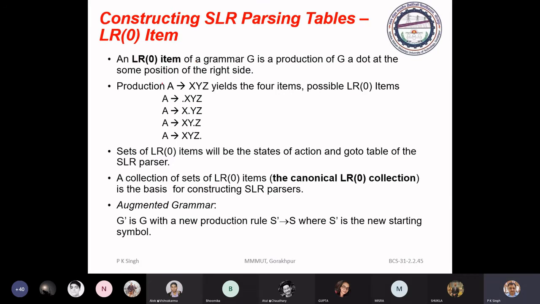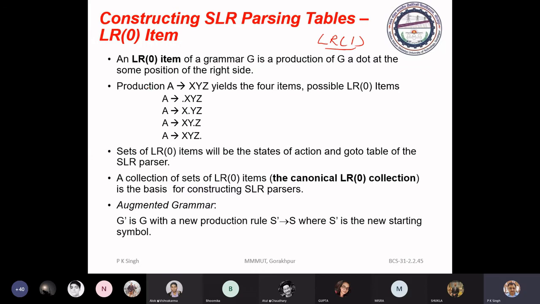This is called LR0 item. Similarly, we have LR1 item that we will discuss during discussion of LR parsing table. So we try to find items.